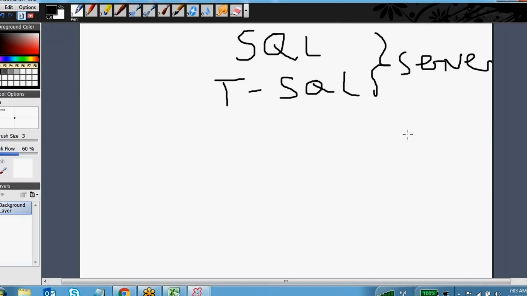For example, there is employee information and some department information in an organization. So which employee is working in which department? You can make relationships between these two tables. This is possible only in these RDBMS systems.